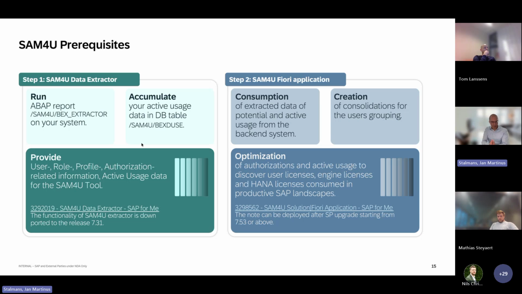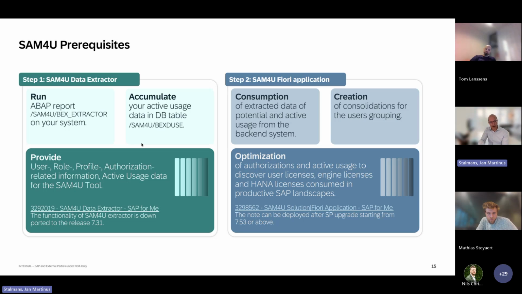So what needs to be done is, of course, first we need to check whether your production systems are on the right release in order to have it implemented. So please check that first before you start working on the Fiori application part. SAP is still working on putting it down to lower releases. If you follow this node, you will get updates on if those things happen. So step one, get your data extractor installed on your production systems and